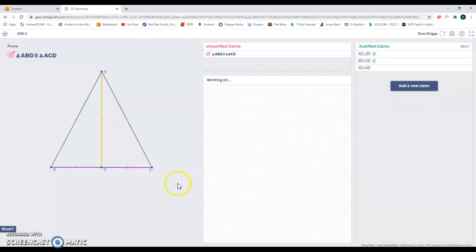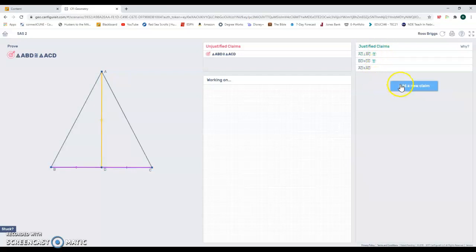Alright, I can see now that we have shown that segment AD is congruent to itself: it turned yellow, and it has the two little lines right there. So now I'm going to take a little bit of a leap here. We're going to have to use one of these givens to move on now. I mean, you can take it two directions. Either one will help you. But I'm going to go ahead and use this first claim, that segment AD is perpendicular